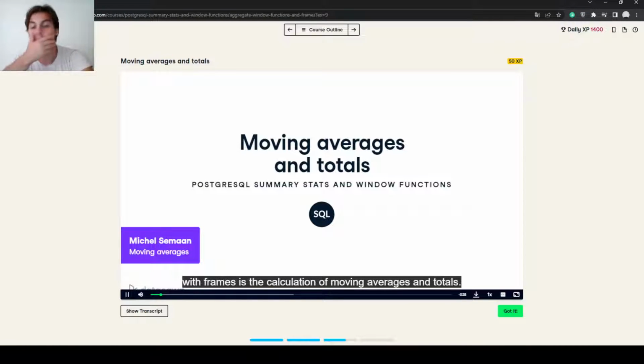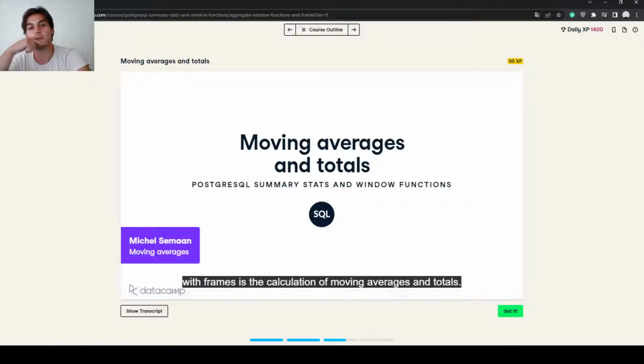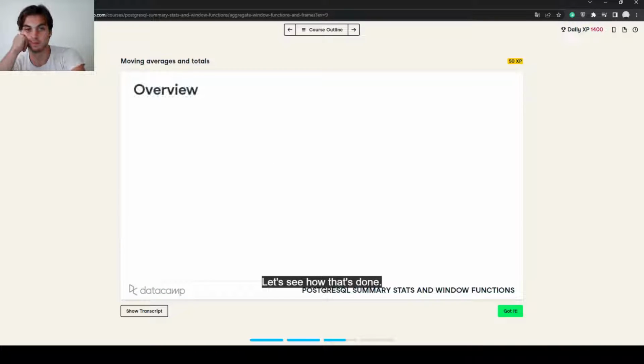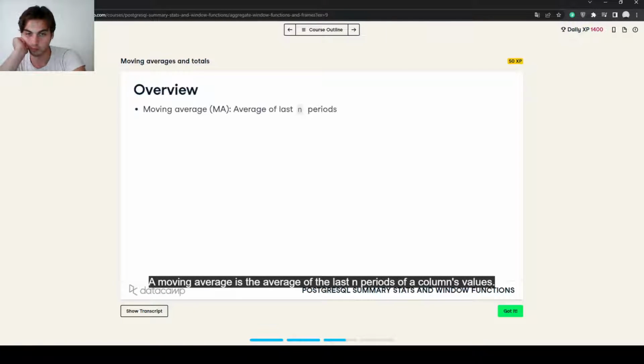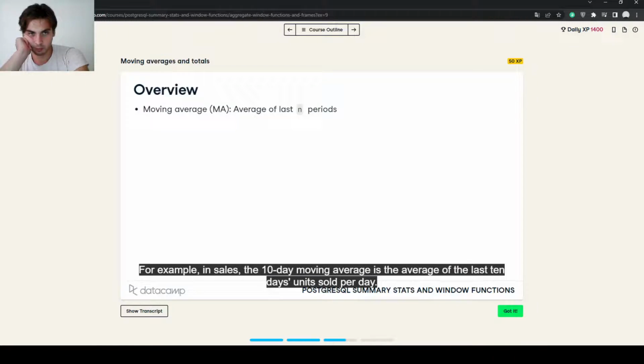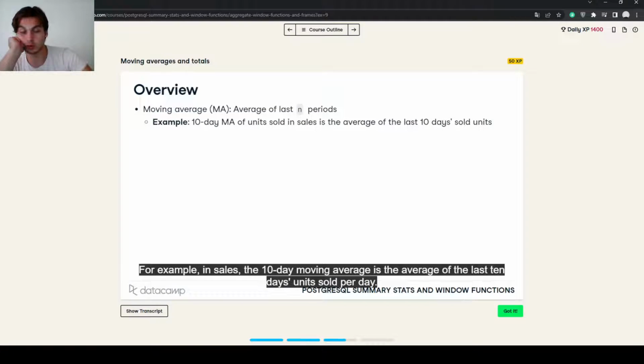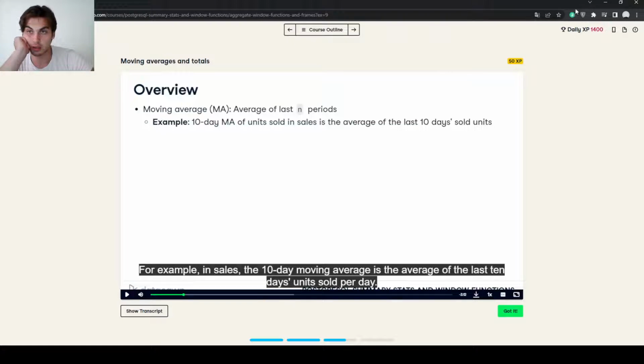of moving averages and totals. Let's see how that's done. A moving average is the average of the last n periods of a column's values. Moving averages are used in a variety of industries. For example, in sales, the 10-day moving average